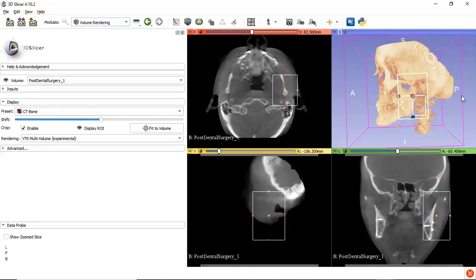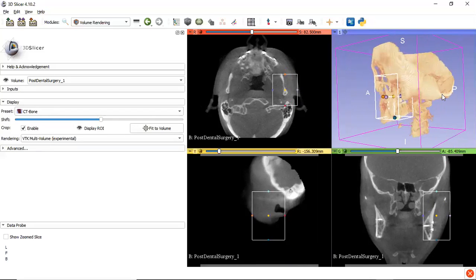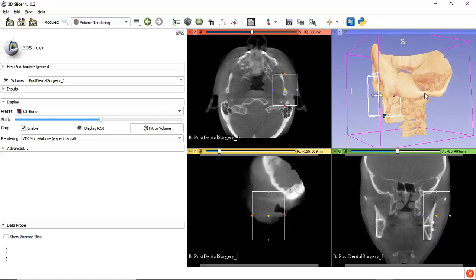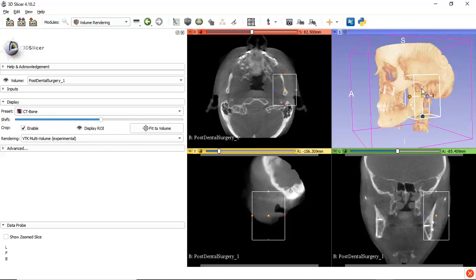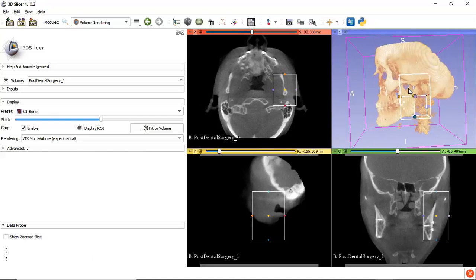Okay, it is all right. I'll rotate the image to see if I actually need to decrease something. So this is done. As you can see over here, I'm getting the part which I actually want. So I've reduced the region of interest in such a way that I'll be getting the part which I actually want.